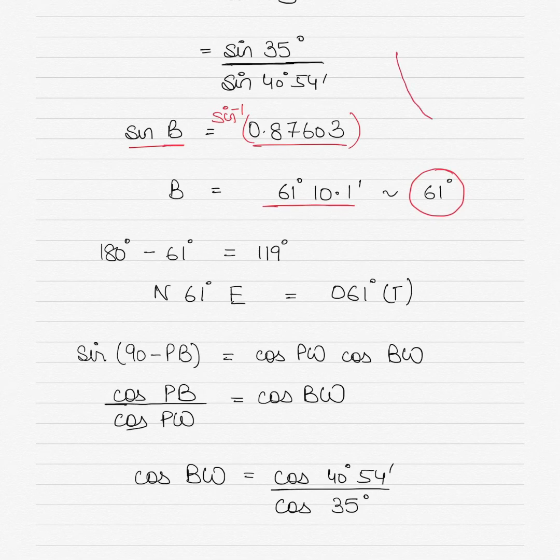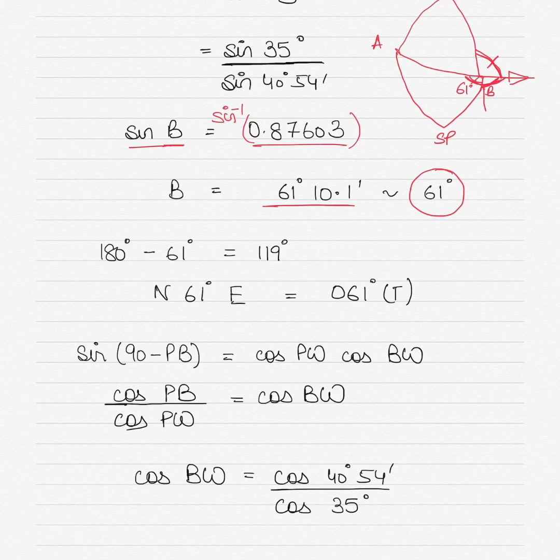Now what I have got is the internal angle B. Now if I look at the diagram again, this is the angle I have calculated as 61 degrees, but that's not my final course. My final course is this outer angle here, but this is from the south pole. If I need to measure it from the North Pole, this becomes my final course, right? So I can say that opposites will be the same angle. So I will have north 61 degrees east, or I can also look at it from this point that this